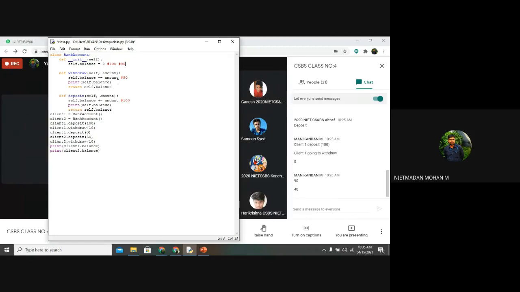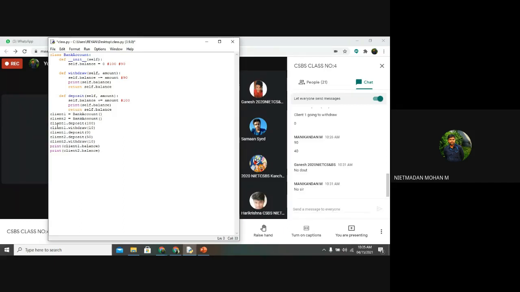So don't get confused. The init function is used as a constructor. Whenever we create an object, this init function is called first. Why do we use this init function? Because the class's behavior and attributes have to be directly assigned to the object. Without the init function, some programs will still run. When the same client object is accessed one or two times in the class, the init function has to be mentioned here.